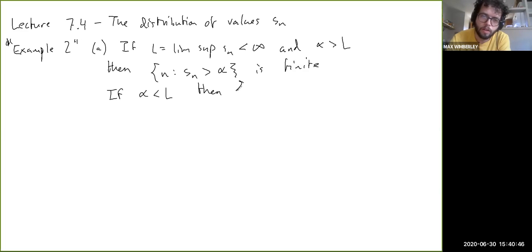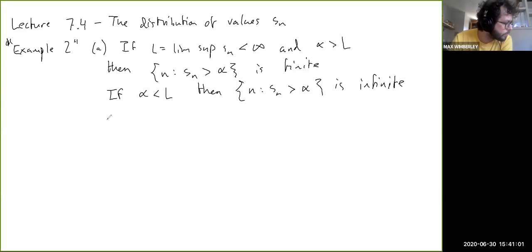Then the set of n where Sn is greater than alpha is necessarily infinite. So that's basically what they state in part A,